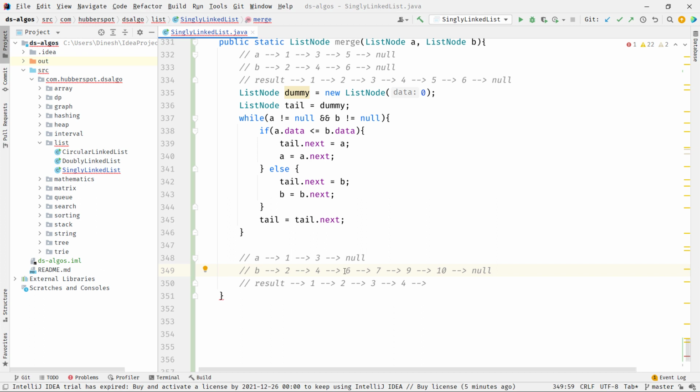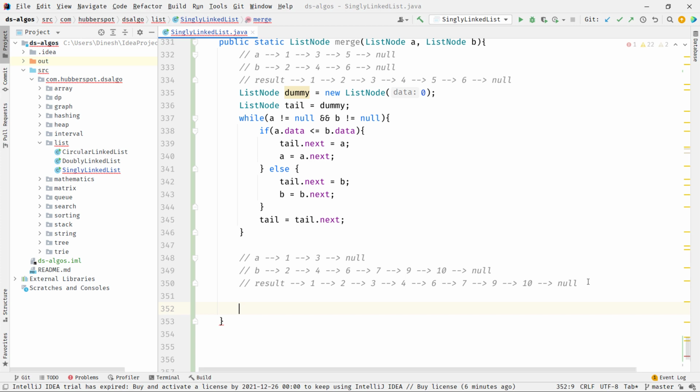So one property to notice here: as both the lists are sorted and as one of the lists gets exhausted, we can directly append the rest of the list after 4. So we can directly do this after the while loop like this, and this will actually merge both the lists and will also be sorted.